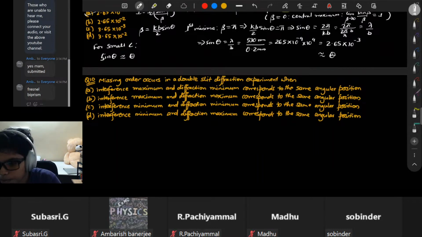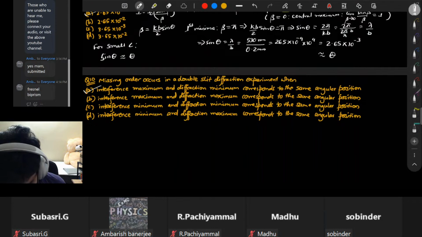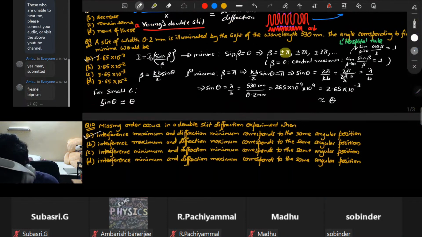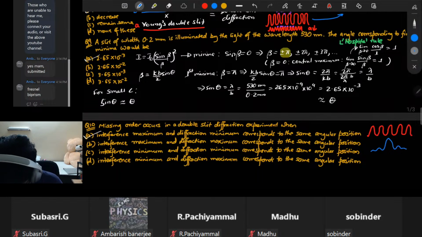Okay, so I'll stop the poll now. The correct option in this is option A. Missing order occurs when the interference maximum and diffraction minimum correspond to the same angular position. What this means is, so this is your Young's double slit, which is the interference maxima, and this is your single slit diffraction. Now, if you look at it, okay, let me